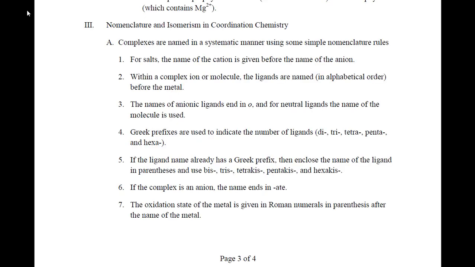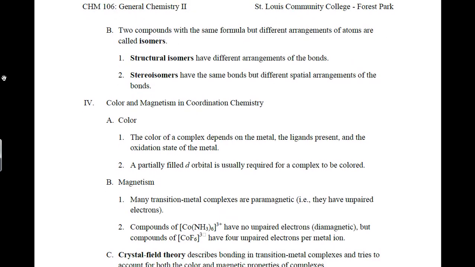Finishing out this chapter, though, then we come down here. And so if we have two compounds with the same formula but different arrangements, they're called isomers, as we said earlier. Structural isomers have a physical different arrangement of the bonds, but stereoisomers have the same bonds but different spatial, three-dimensional representation. So the same bonds in the same locations, but spatially they're locked into a different arrangement, which still gives you different physical and chemical properties. When we get to organic chemistry, this idea of structural isomers versus stereoisomers becomes really important.